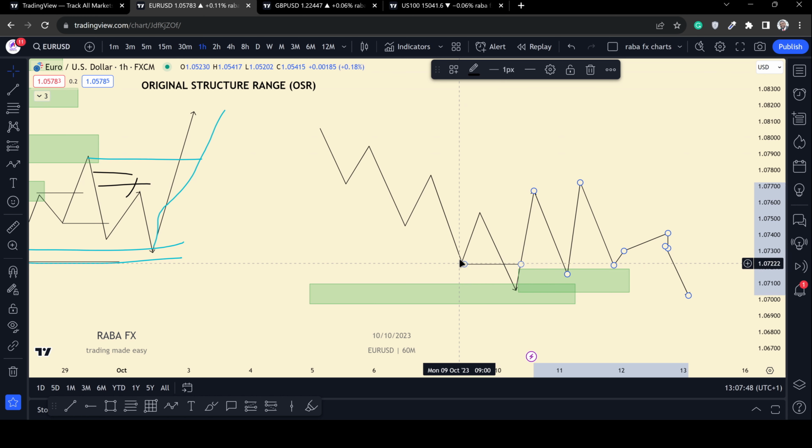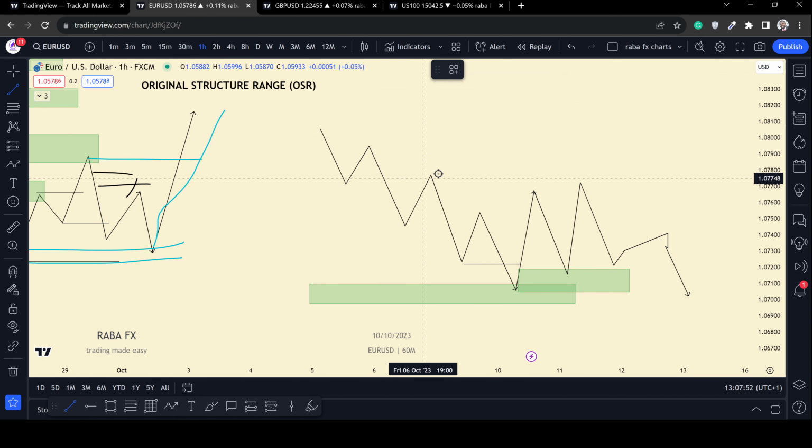you mark the high that produced it. That high and that low is the original structure